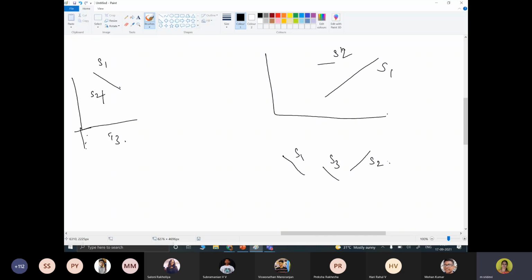With respect to the depth, if you are writing it, how will it be? It will be S1, and S3 would be at the least depth, so S1, S2, S3. This is the order. The three surfaces entered into the sorted surface list in the order S1, S2, S3.